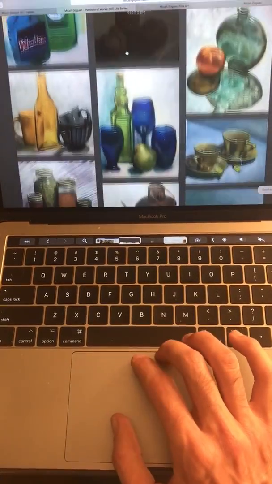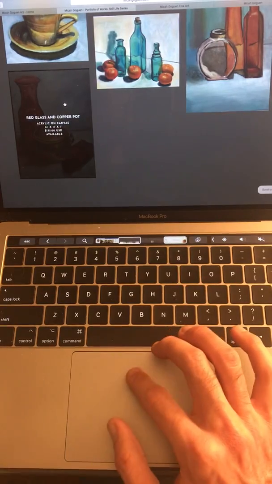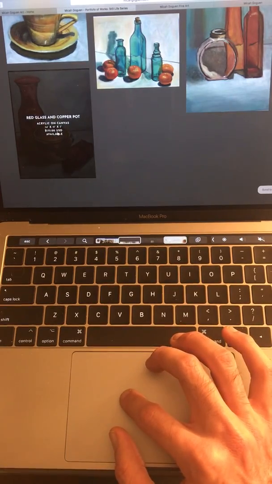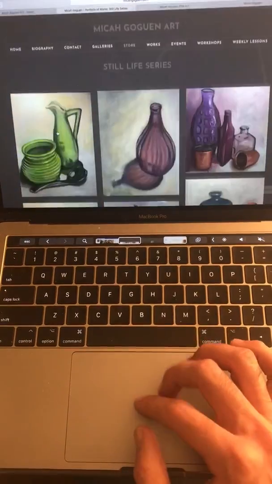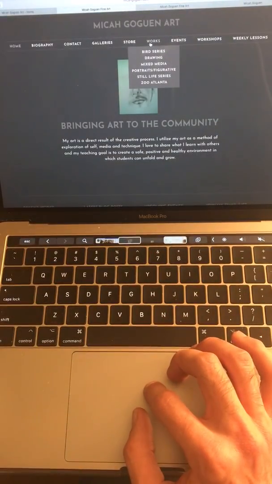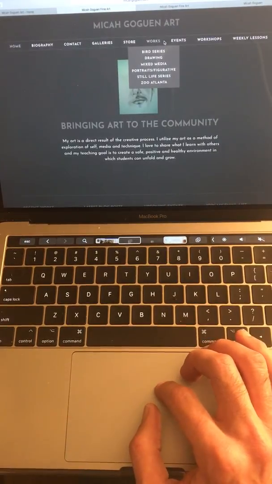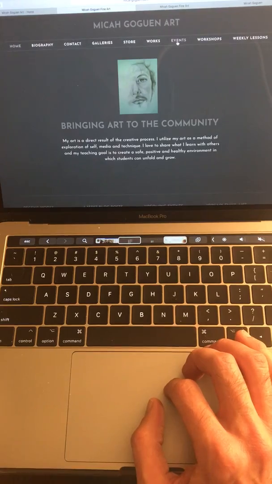So here's the Still Life series here, and you can click on the object and it'll give you the price and let you know that it is in fact available, and you can purchase items that way. Works are works that have just been created, but they're not necessarily for sale. They could be things that I've already sold, just to show you a sample or variety of the